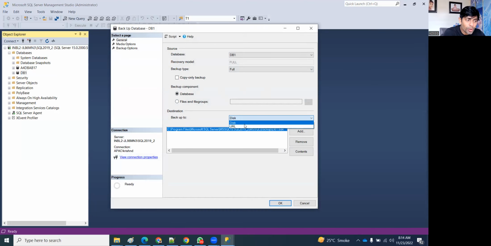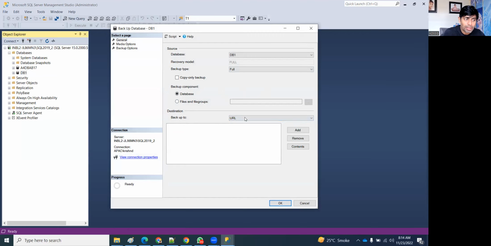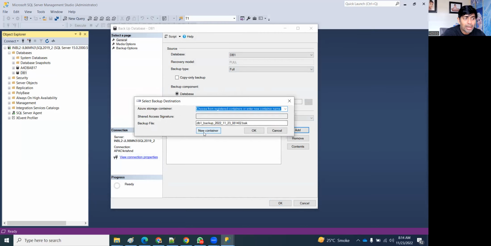Recently, Microsoft launched an option to take backup to URL, which means cloud. The moment I click add, it will ask me to provide the container name where I want the backup taken. So obviously it's a new container.